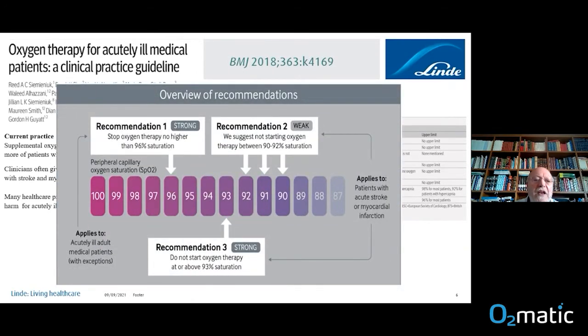consideration, make recommendations. The first strong recommendation, to apply in all acutely ill adult medical patients, is to stop oxygen therapy no higher than 96%. The third recommendation, also strong, is to apply in patients with acute stroke or myocardial infarction: do not start oxygen therapy at or above 93% of saturation. A weak recommendation: the authors suggest not starting oxygen when the saturation is between 90-92%, but this is not supported